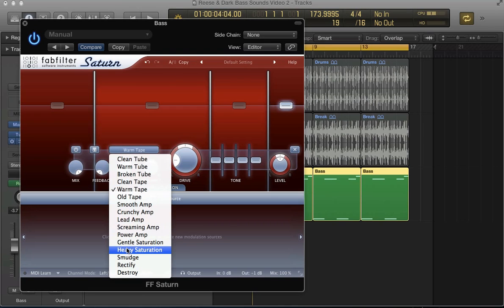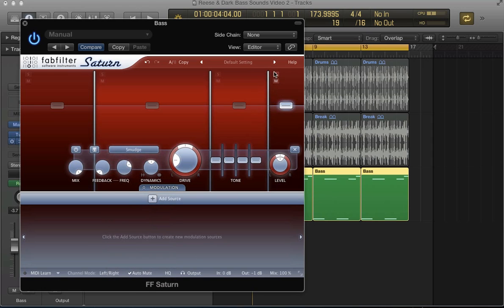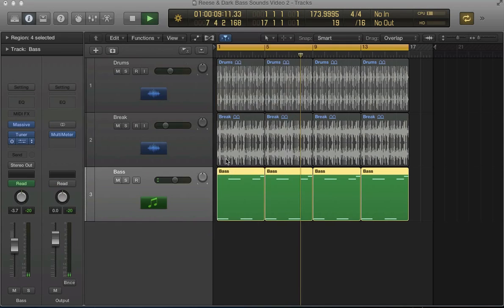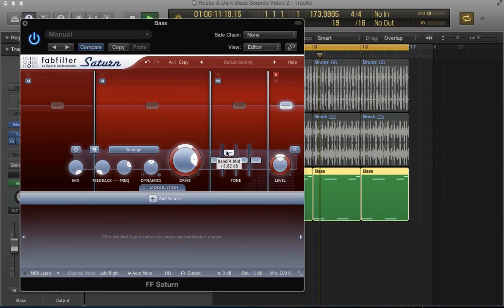Some of these distortion types are quite experimental. So these ones down here, smudge, rectify and destroy, just completely smash the sound to bits. So I'm going to use smudge and just solo this, and then just drive this again, and it's quite quiet, you can hear it, it's creating a